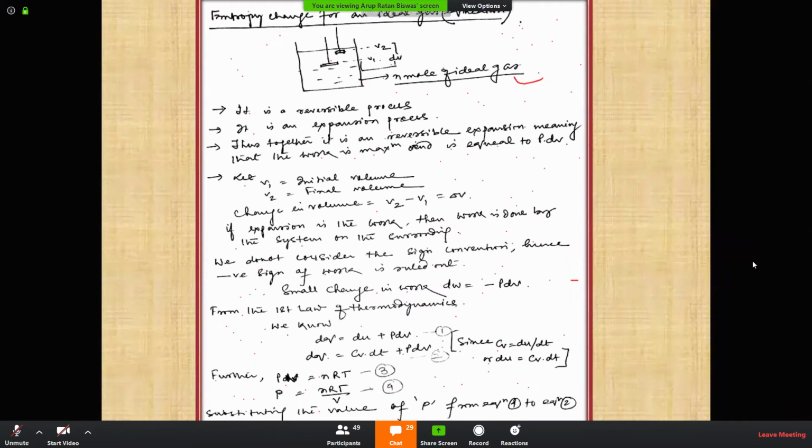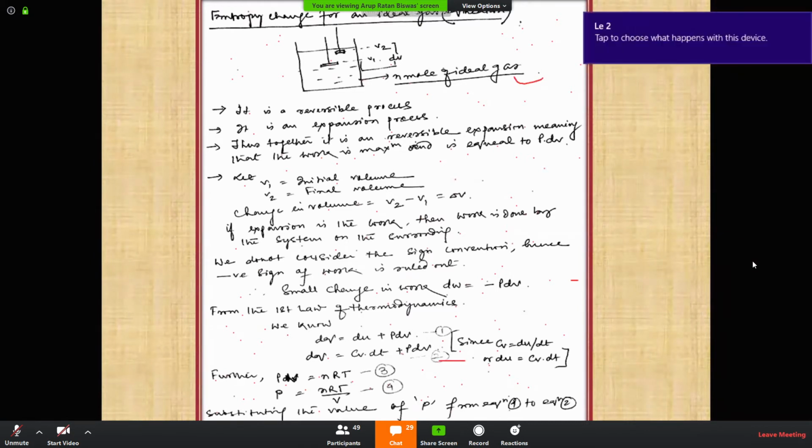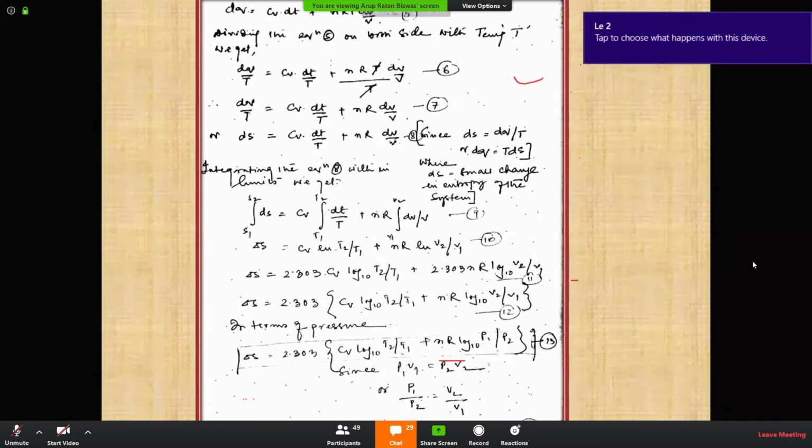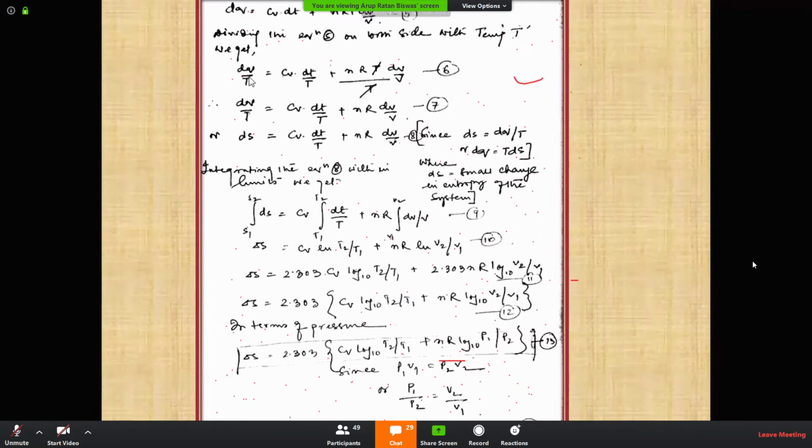You have the first law of thermodynamics, that is dq equals dU plus PdV. And then I think you have understood. Moving to the next page. Now the point is, are you seeing this equation 5? Now dividing equation 5 on both sides by temperature T, we get